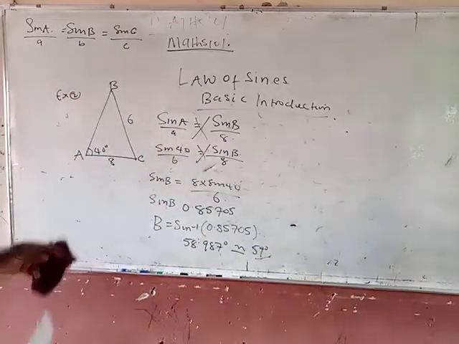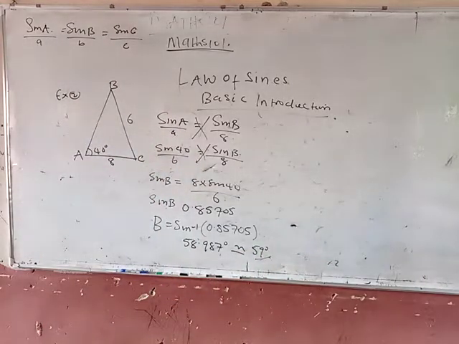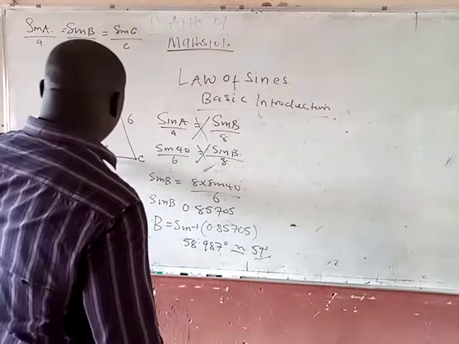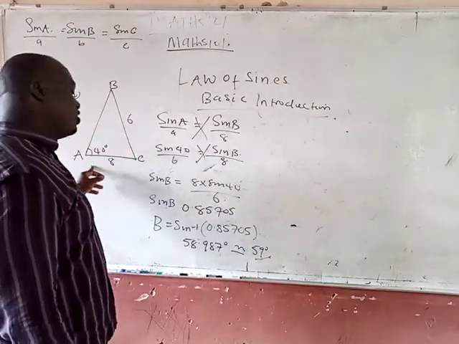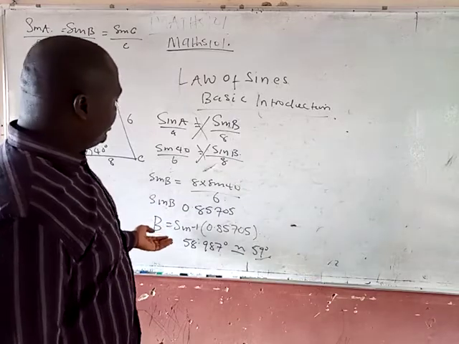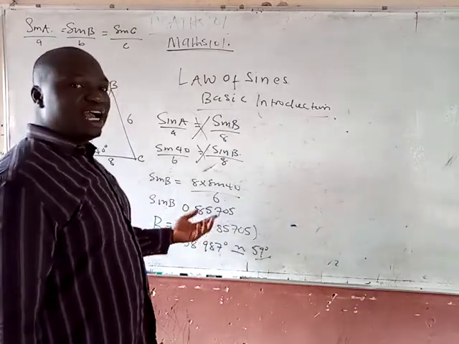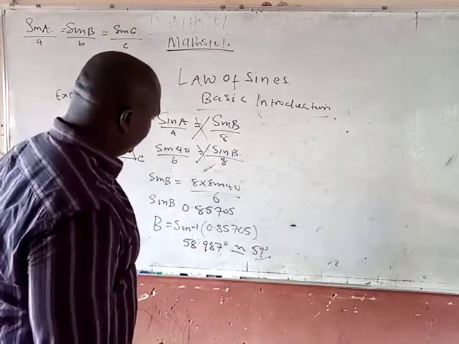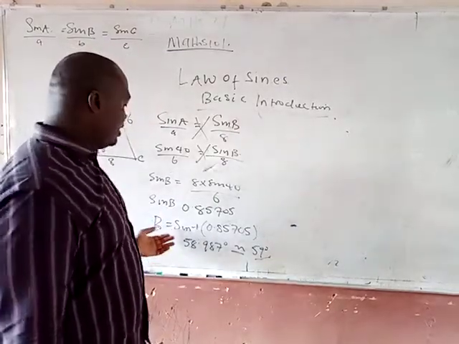Please pay attention here. This is very tricky. Whenever you have a side and an angle, and it results in you finding the sine inverse to calculate B,